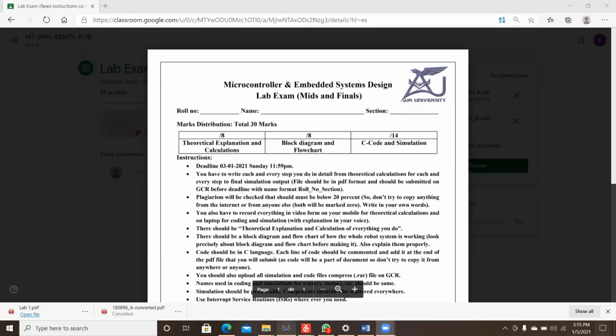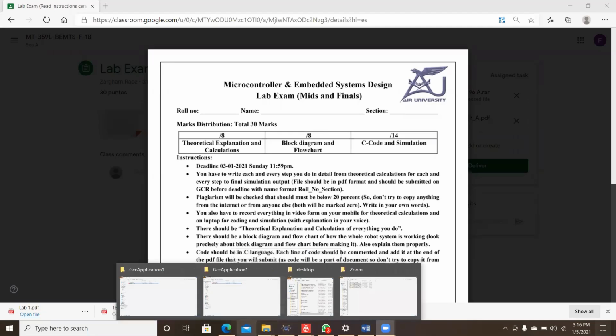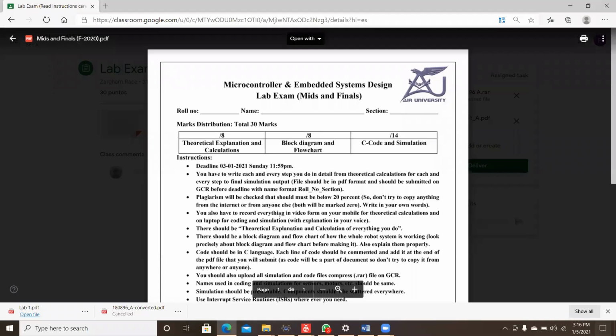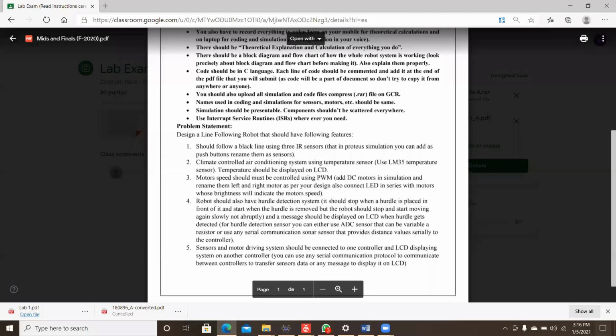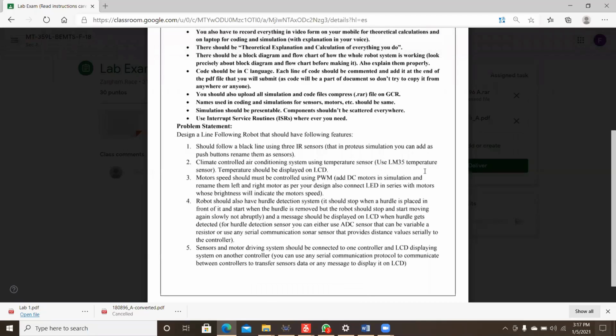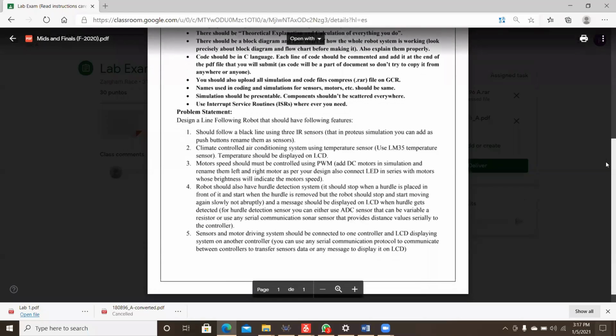So our task is to write the code for the line follower with the following features. It should follow a black line using the three IR sensors, and instead of sensors, I had added three push buttons or logic states. It also has a feature of a climate-controlled air conditioning system using a temperature sensor. I had used LM35, as it is a requirement of this task, and the temperature of the LM35 is displayed